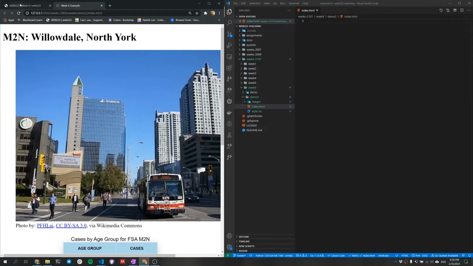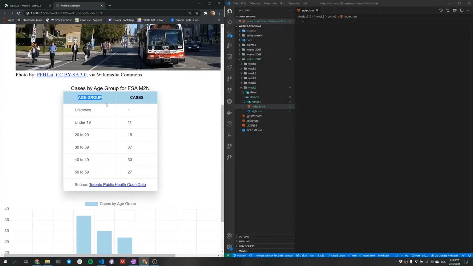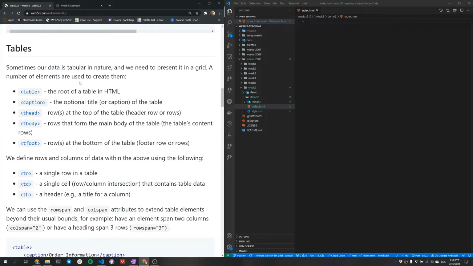So basically here what we want to do is we want to create a table like this. This is something like the number of COVID cases for a postal code. So for different age groups, we want to represent these, and the source of this data is Toronto Public Health Open Data. So we want to create a table like this, and so first you want to learn how to